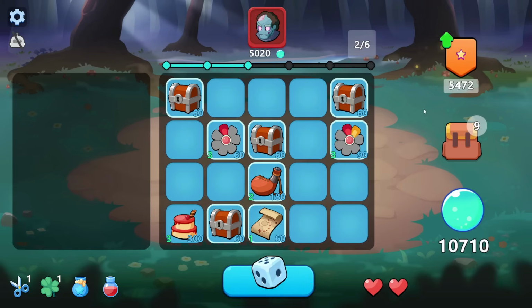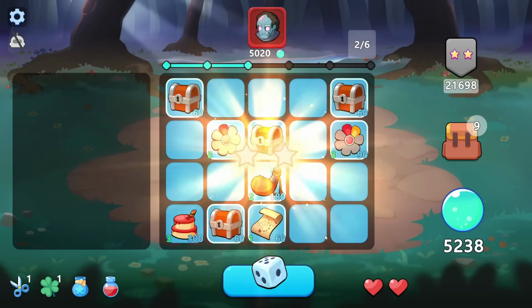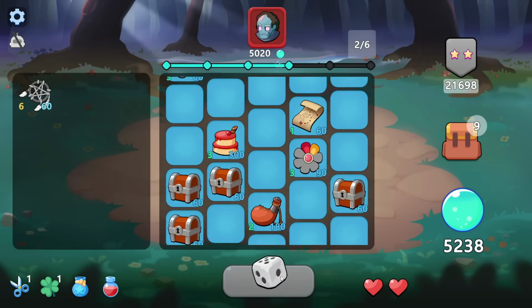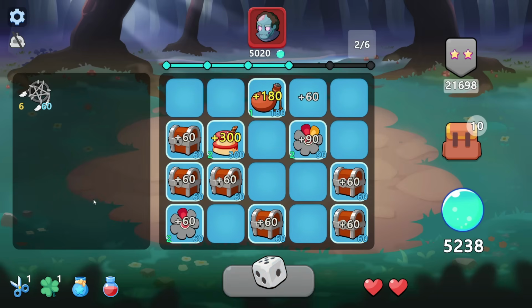Give me a cake. I think that we can absolutely upgrade to level 2 here. What do we got? So copper ring is 120 a turn. The empty bottle, I think we're probably not going to get as much benefit out of. Every 7 rounds get an extra piece selection. I think that this is actually good. The reason why I'm taking this one over the others,